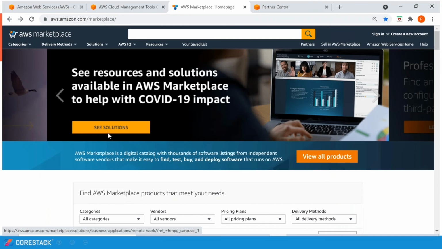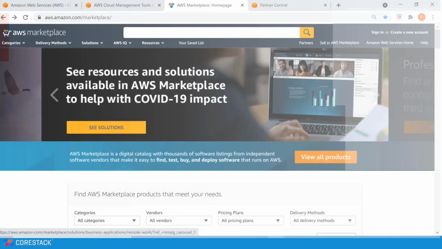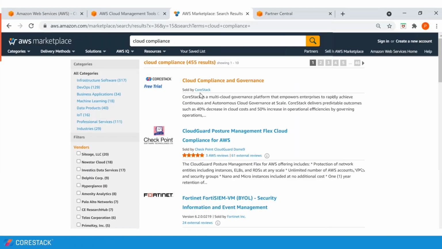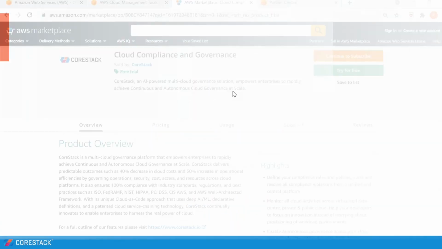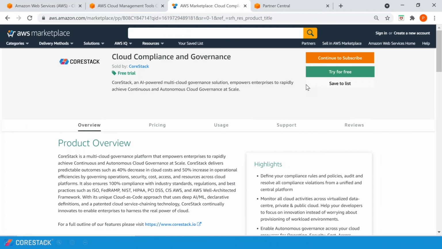I actually wanted to go online to show, but I was not sure if my flip-flop is going to change. But here's how you can go to AWS Marketplace, and if I have time after, because I want to finish the presentation, I'll show you, but just a snapshot of AWS Marketplace. If you just type cloud compliance or maybe cloud governance, you'll see CoreStack right there, and maybe just click on CoreStack, and then you have a free trial as well. You're welcome to try that out and experience how you can gain values such as Examity has seen, or many of our other 100+ customers are seeing day in, day out.